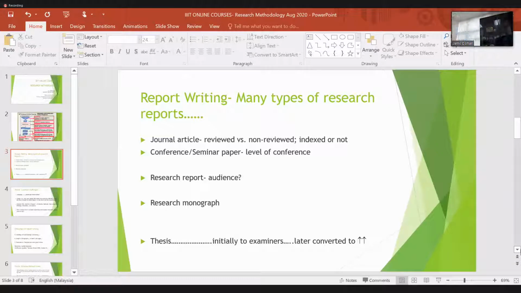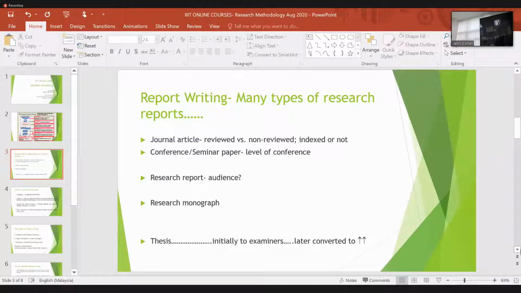So the level of the report varies. For example, for academic research, they would like to see the theory, and maybe all those points that were raised by Dato and Haji Shaaya in terms of research design and the hypothesis. You may want to do that in academic conferences, but in industry conferences, they may want you to go straight to the issue at hand. What is the issue that you are focusing on?